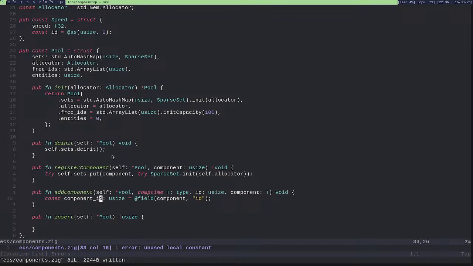Wow, that's crazy. Okay. Zig is very cool for this kind of stuff. You can really manipulate the source code.